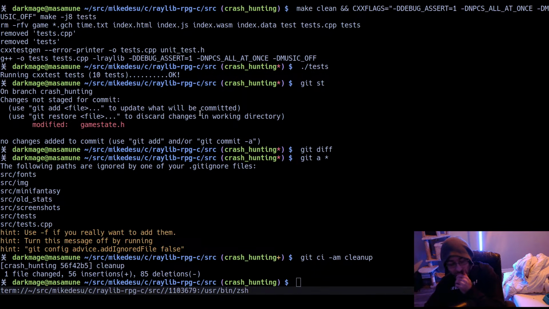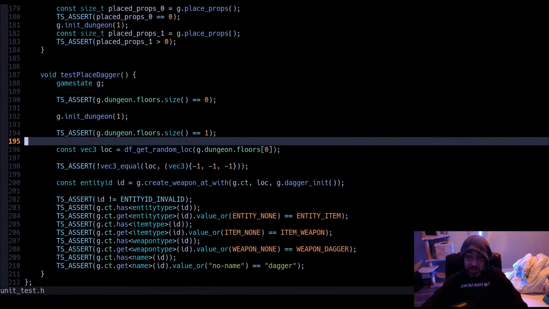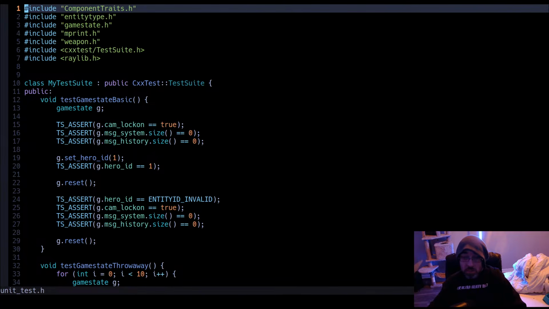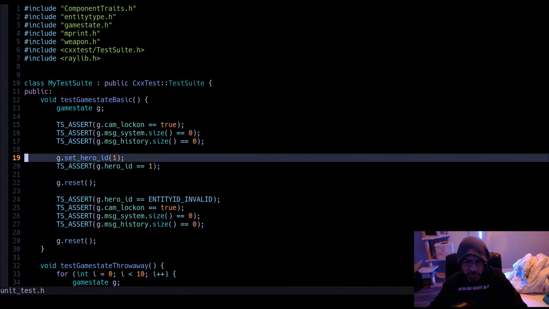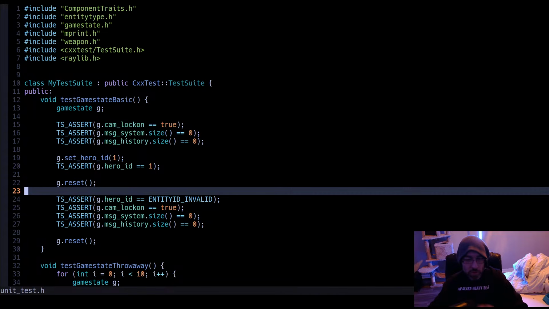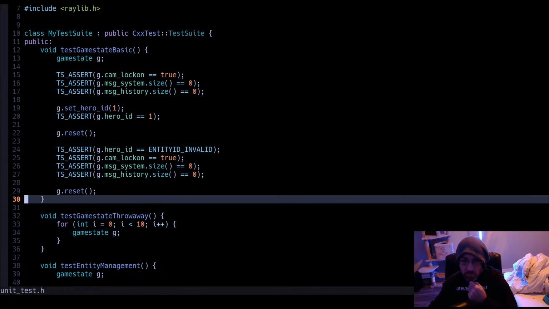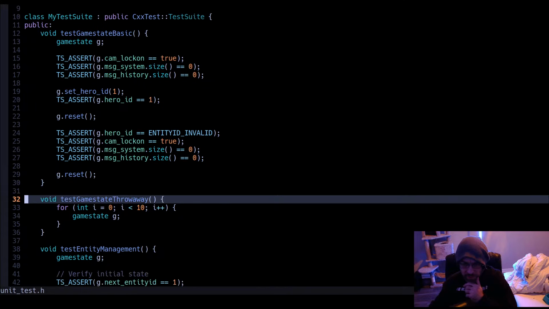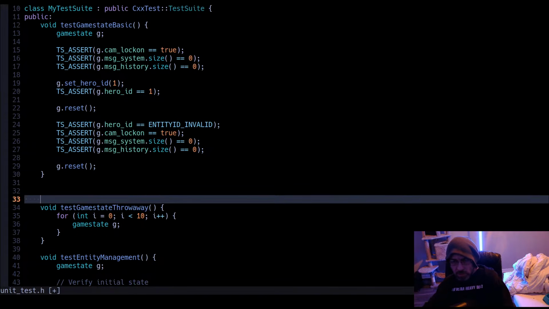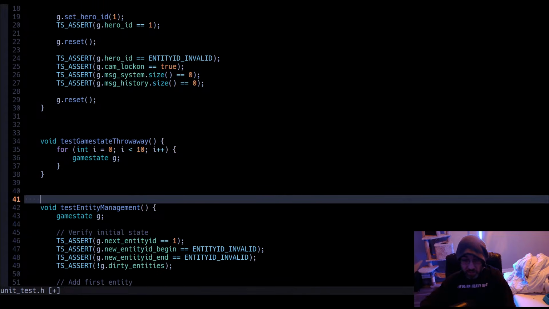The reason that I migrated it from a struct to a class was actually so we could start facilitating unit tests. So check it out. We actually got a pretty solid foundation for programmatically manipulating the game state in individual unit tests. And for starters, as a super basic example,